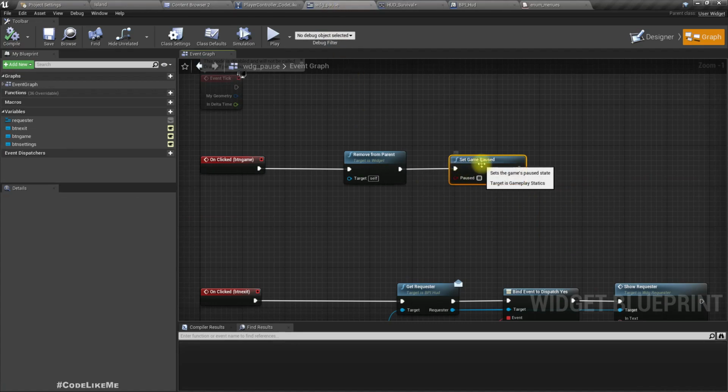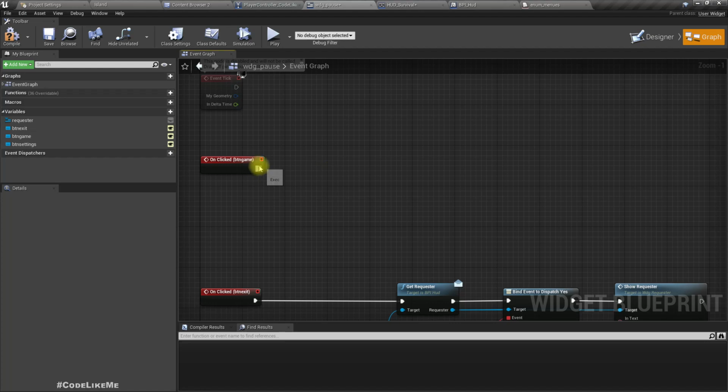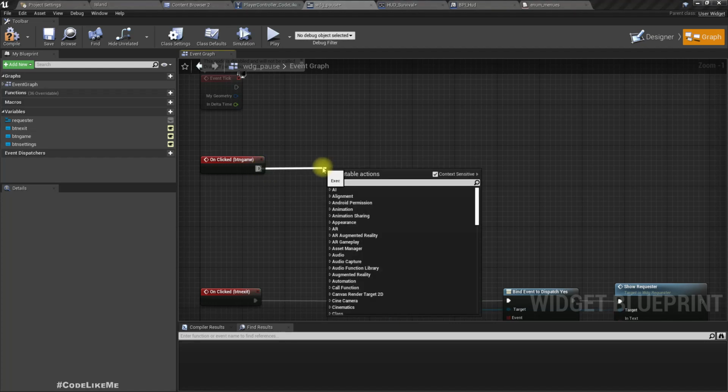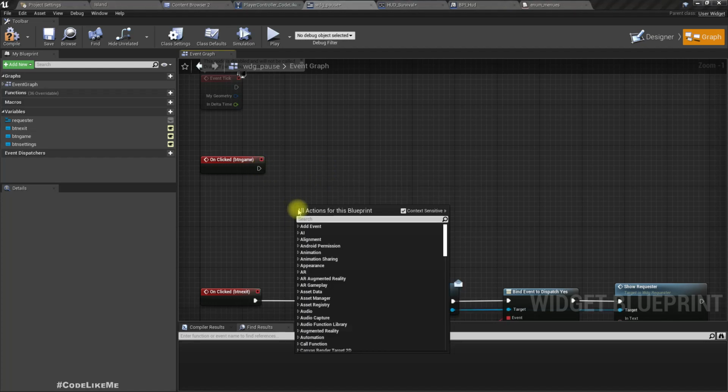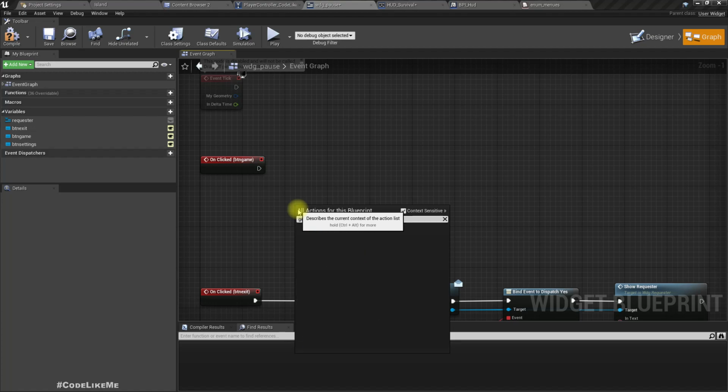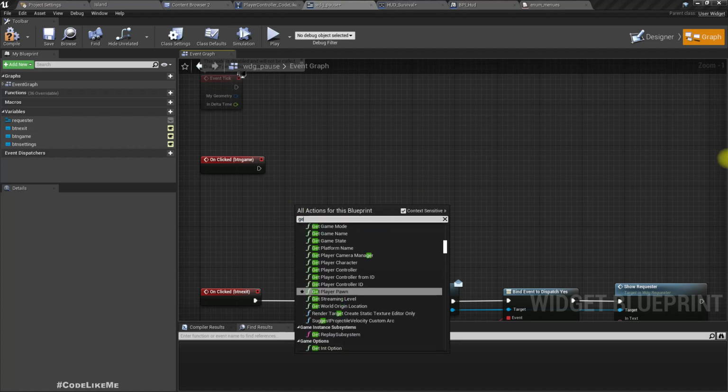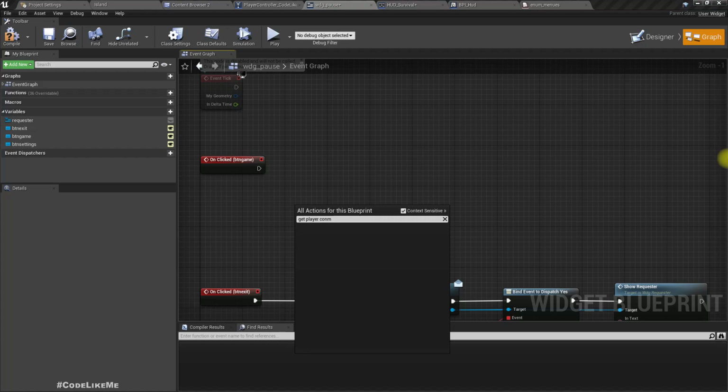Instead of doing this in here, because we need to remove the pause widget, but also if we have removed the HUD, we need to add it back. So therefore let me remove this and call get player controller,